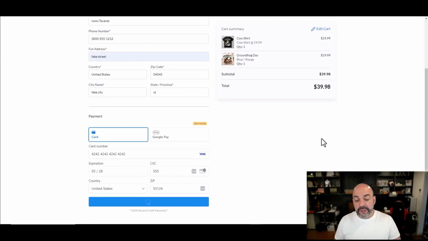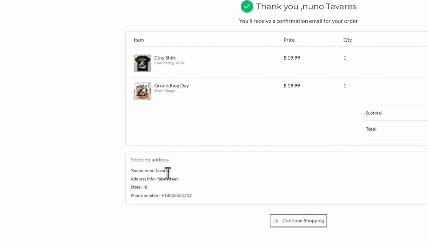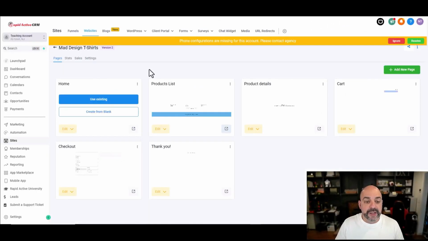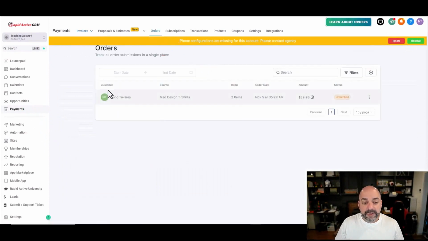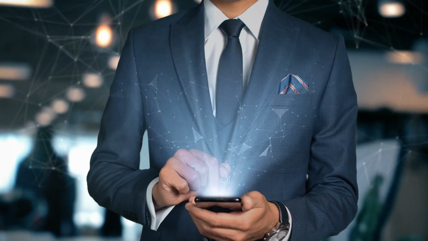What's really cool about this is there is a fulfillment piece. Again, it goes to continue shopping, you're having a shipping address, everything's all set and good. What's really cool is if you now go to payments and go to your orders, you can see the order here, and you can see that it's unfulfilled, which in a physical product, you're going to want to fulfill, right? Now, this is the part that is not automated, but you can create an automation,